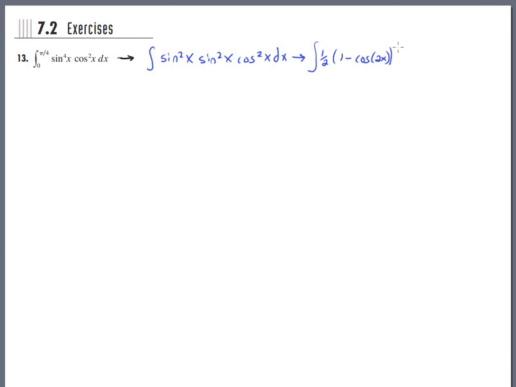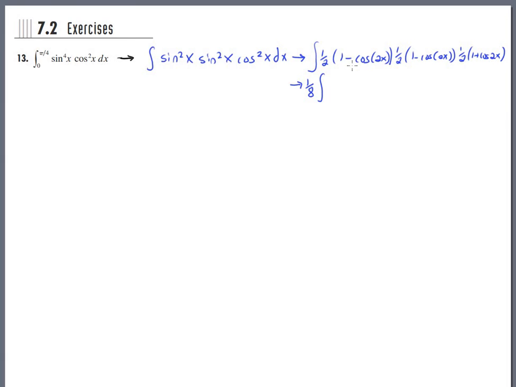It's also 1/2 times 1 minus cosine of 2x. And the cosine squared will then be 1/2 times 1 plus cosine 2x. If you're going this way, you can factor all three 1/2s out. So you get 1/8. And then you get to multiply these three